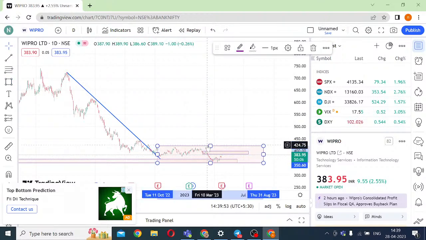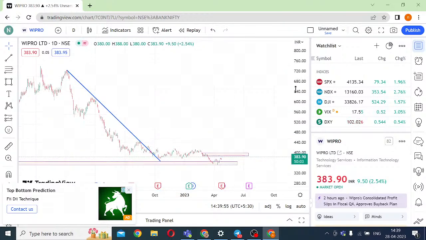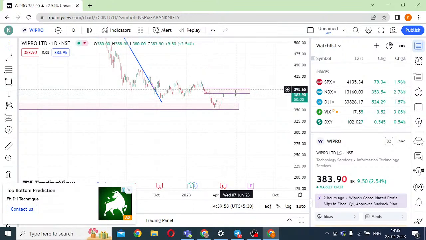I'm taking out this box just to make it clear for you guys, right? Once it starts consolidating around these areas, the next level that it could hit is 413 to 420 and 445, right? So Wipro, for all practical purposes, now looks like the base has been done. Given today has been a big bullish candle post the result, I think we'll have to monitor it for a week. But May series, in the second half, if there is a dip towards 374, here we can attempt buying an option again for the May series to hit higher targets, right?